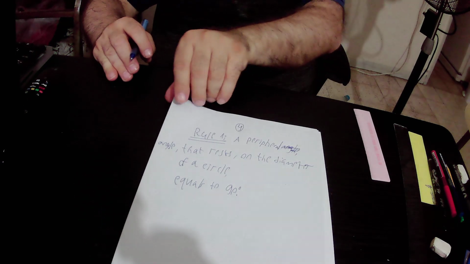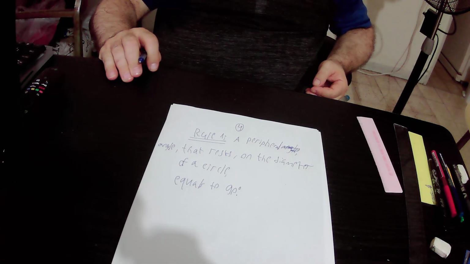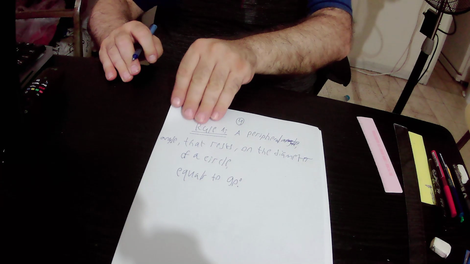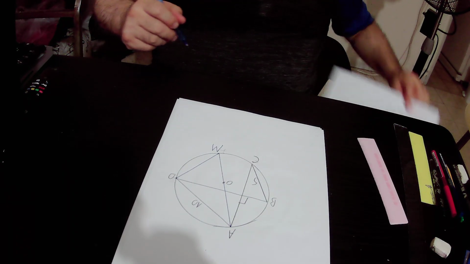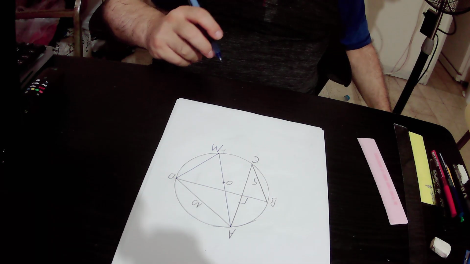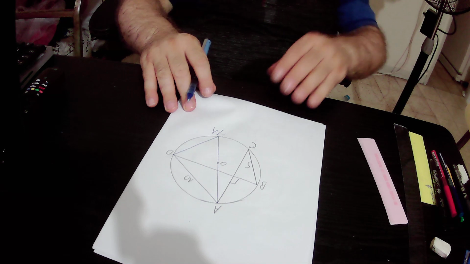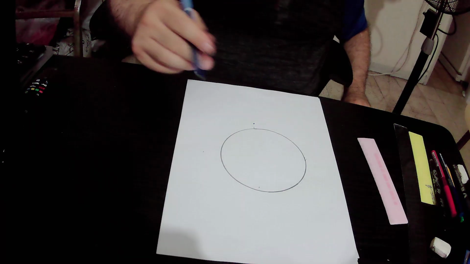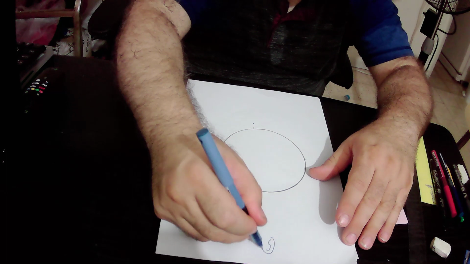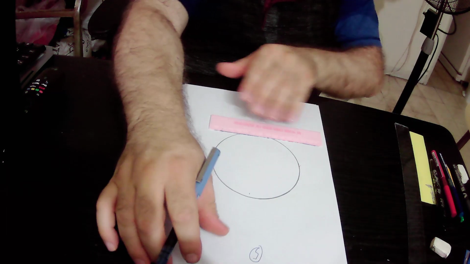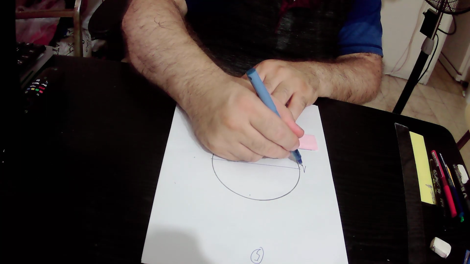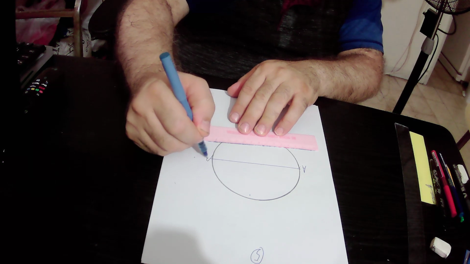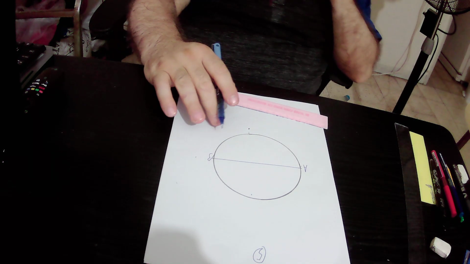I read again: a peripheral angle that rests on the diameter of a circle equals 90 degrees. I will give you an example in order to clarify rule number 1. Suppose that chord AB, or string AB, it is the same, is the diameter of this circle,